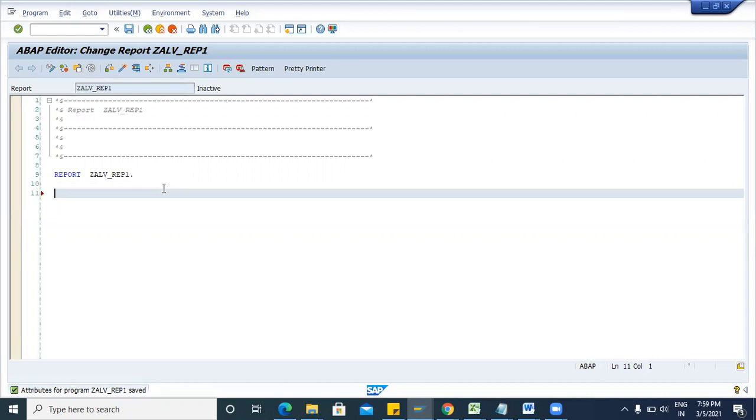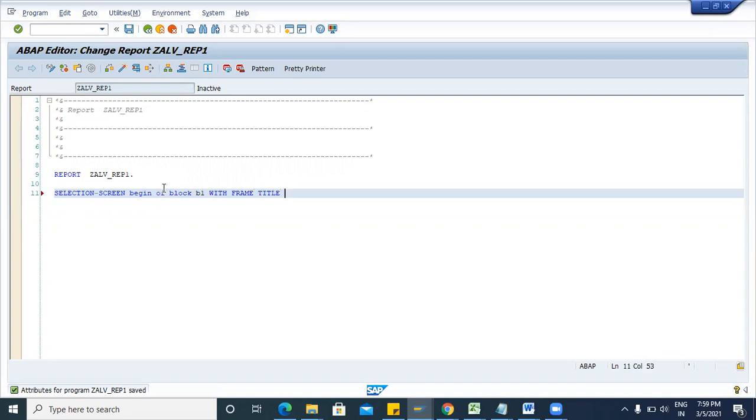Now I will explain how we can write the selection screen. So you have to understand the syntax now. Selection screen, begin of block B1, with frame. If you are using this, you can press the tab and it will come automatically.